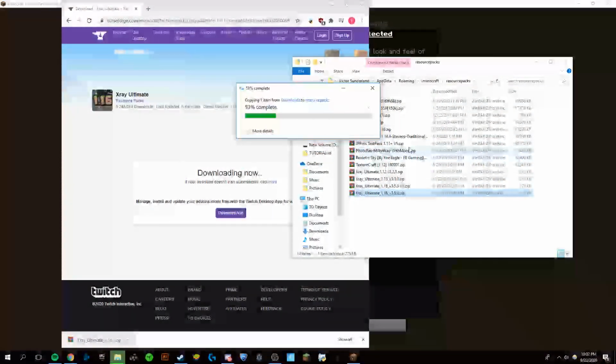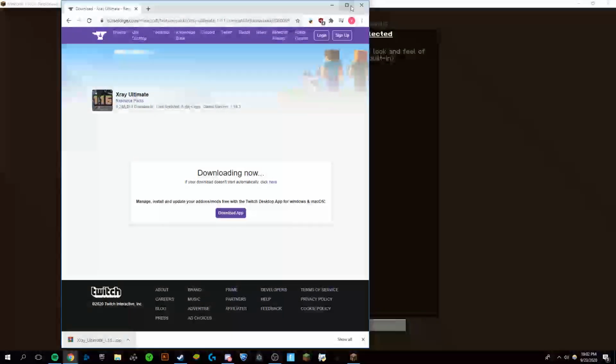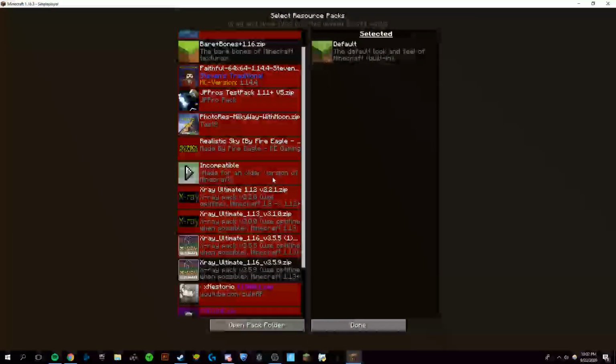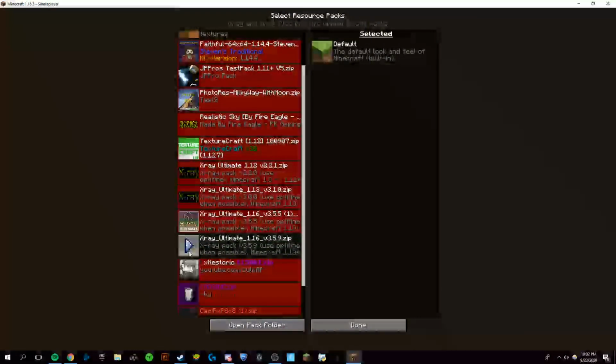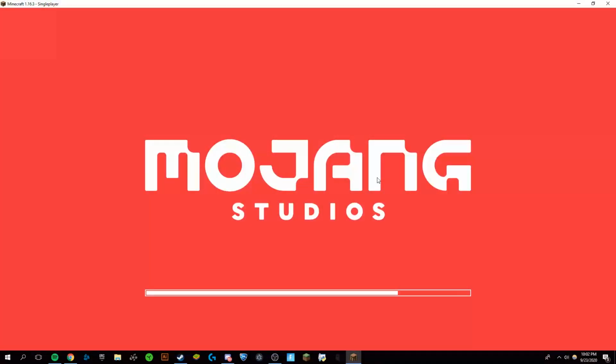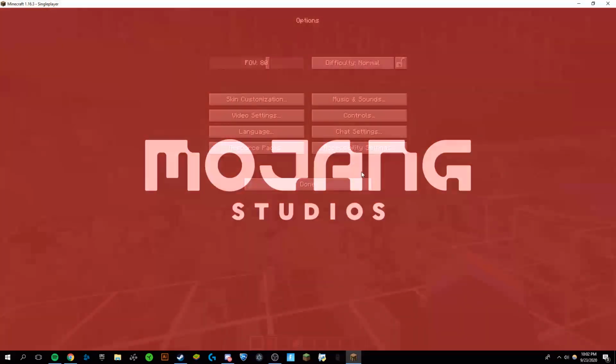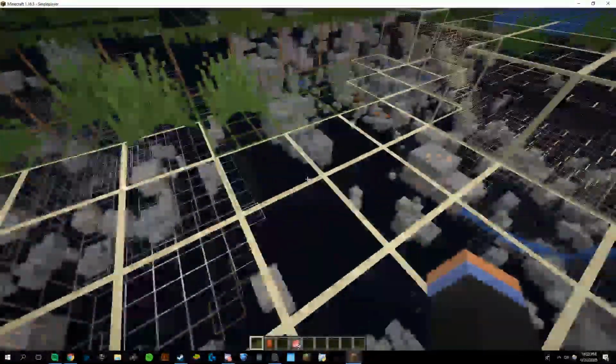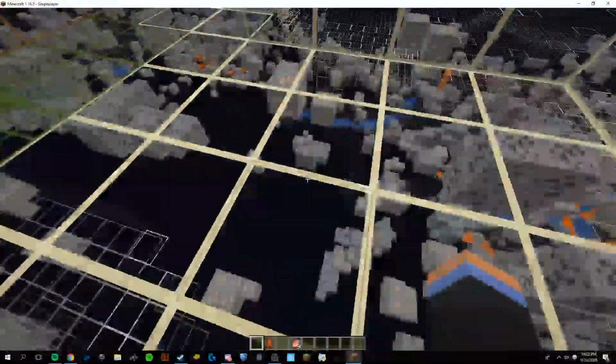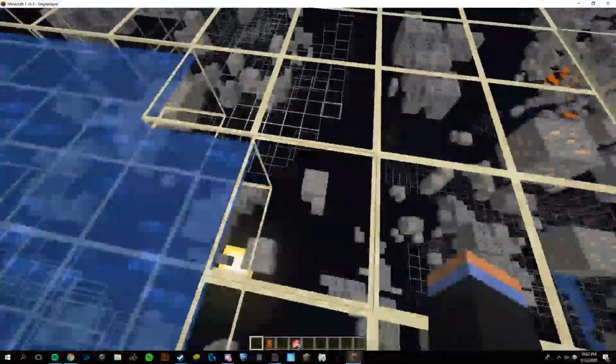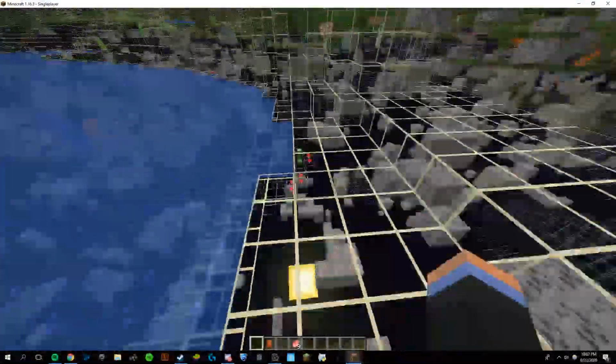Now I already had it, but I'm just going to replace it right there, and it's now installed. Now if I scroll down here, you can see this one is completely compatible with no red incompatibility message. I can turn it on right there, and you'll be able to see that I can see through blocks and see the iron ore and all the other types of ores, and if I were further down I'd be able to see